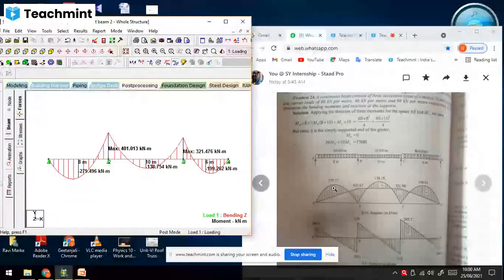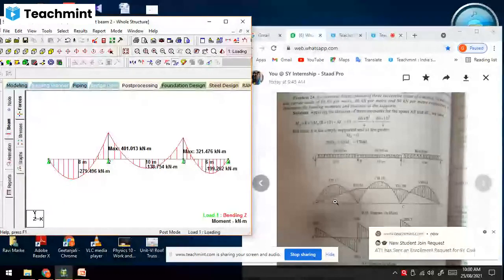Yes, sir, visible. Okay, 279, then 401, then 138, 321, 199. So all these we get as values, and we please check the BMD diagram also.